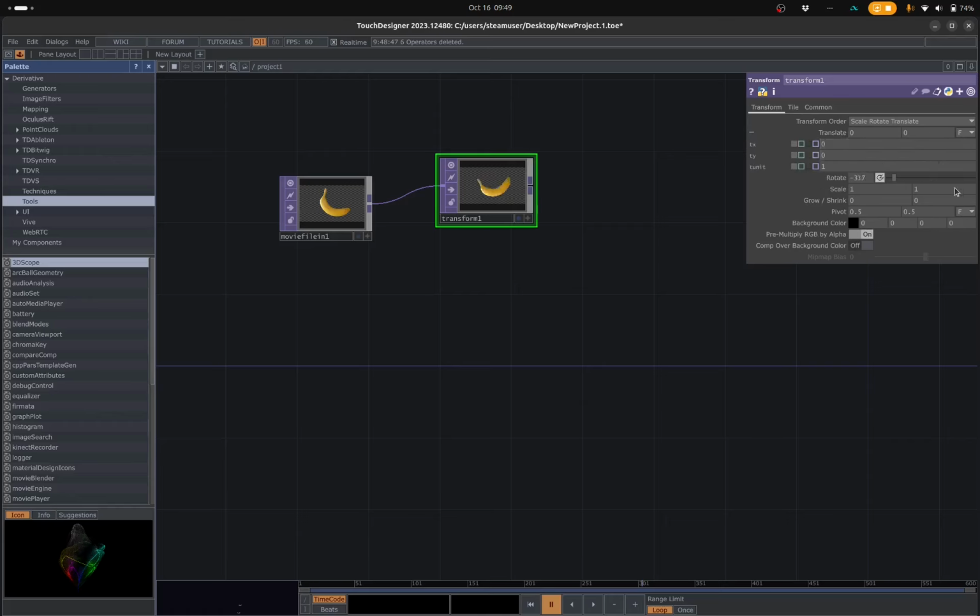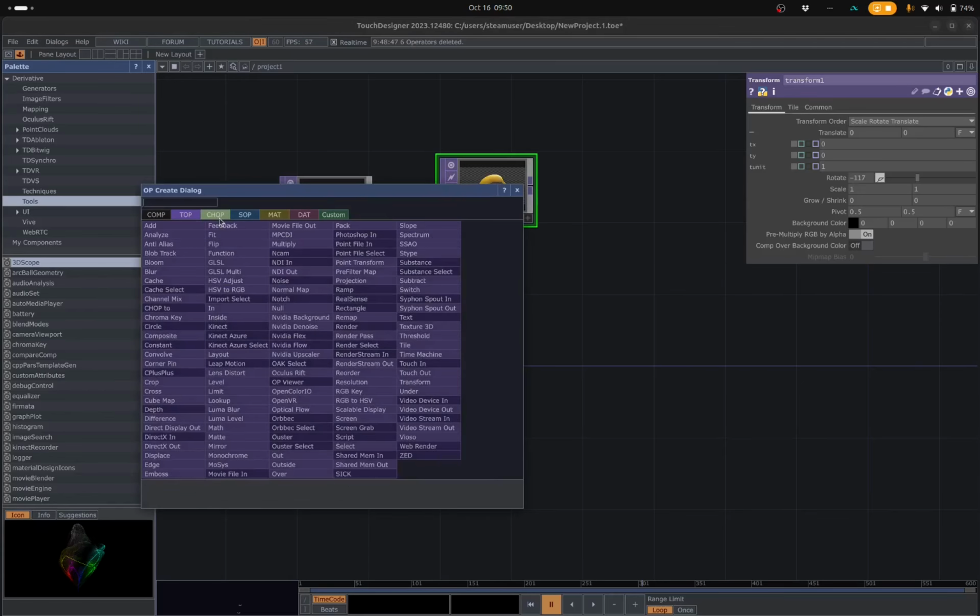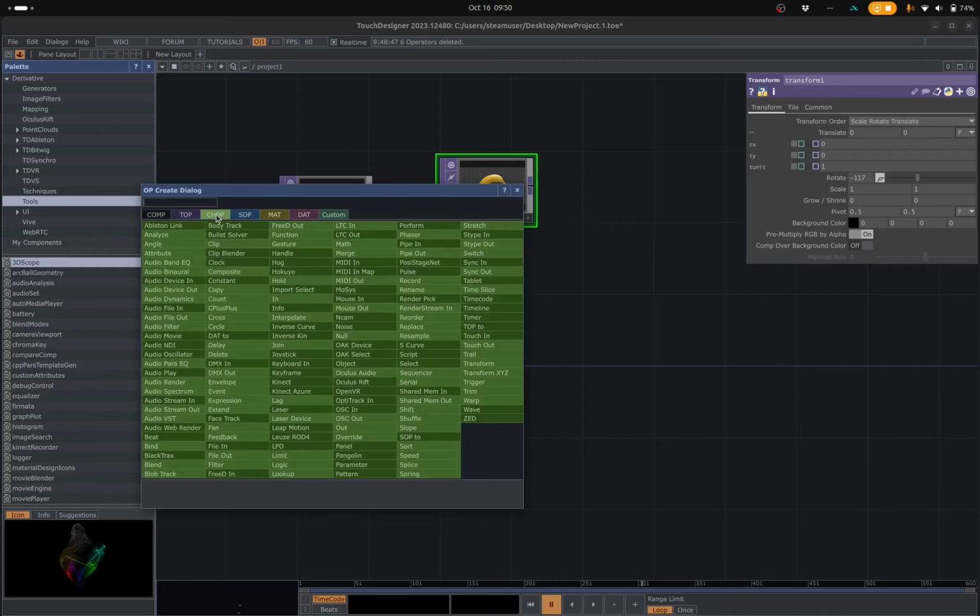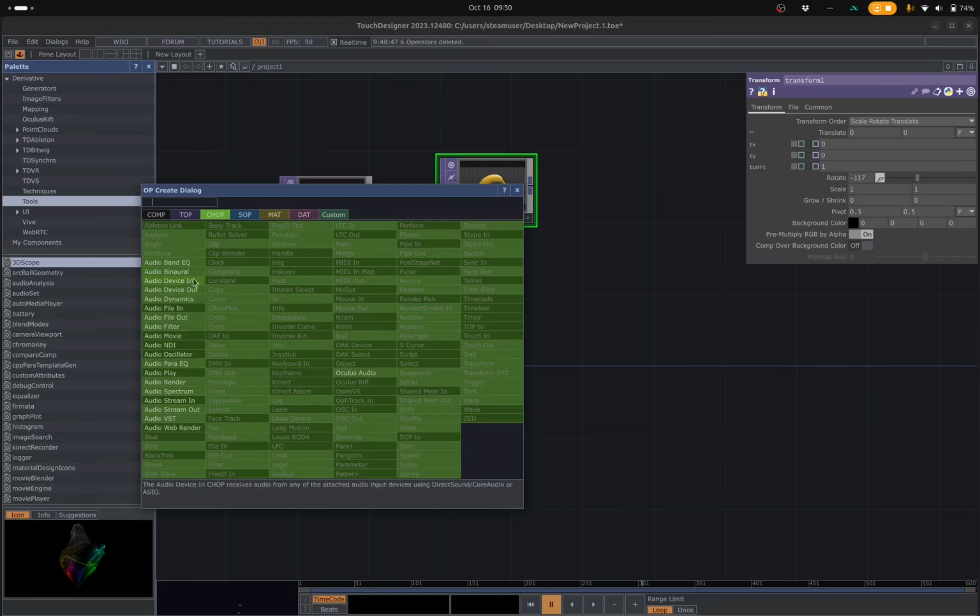I can rotate things, but it would be much cooler if I had an audio file doing that instead. So a song, like an audio file playing, and then the volume will trigger the banana to rotate. So let's try that. I'm going to add a CHOP operator, so that's in the green tab here. I'm going to find the audio